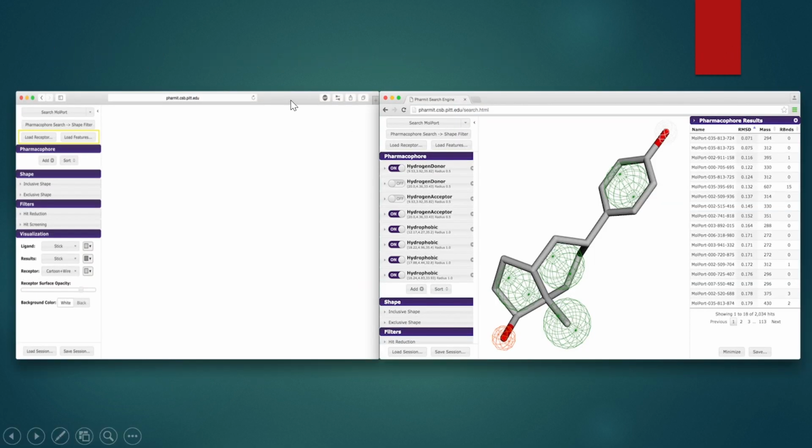In this picture, there is shown a load receptor option and a load feature option. From the load receptor option, we can upload a receptor file, and in the load feature option, we can upload our small molecules, and we can also upload our pharmacophore features generated from an external source. Whenever we have uploaded a receptor and load feature option, we can only upload a ligand from the load feature option. As a ligand is uploaded,